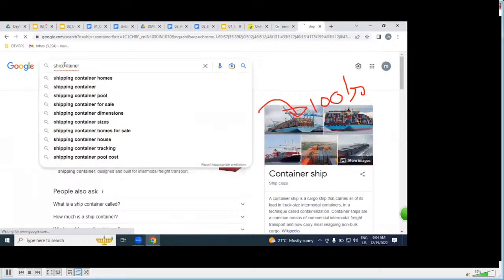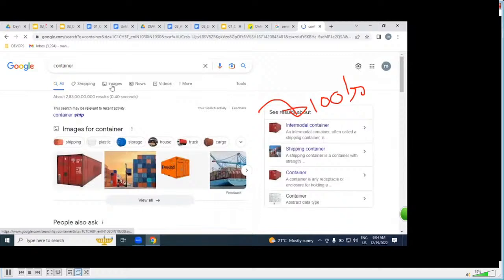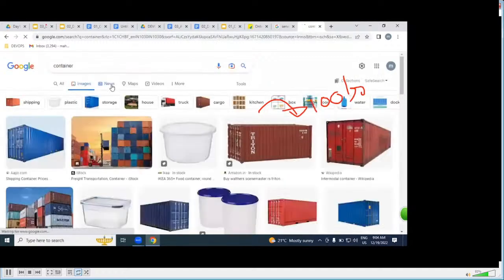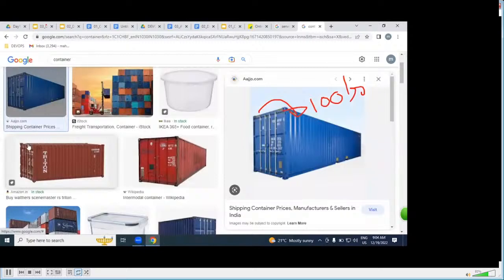So, container. Have you seen this container in your lifetime? Have you seen this container space? I think you would have seen this physically somewhere on roads. You can see this type of containers. How exactly does this container work? Docker containers are the same. By using this container, we can transport goods via sea, but by using our container, we can deploy our applications, meaning websites. That is the only difference. Otherwise it is the same.